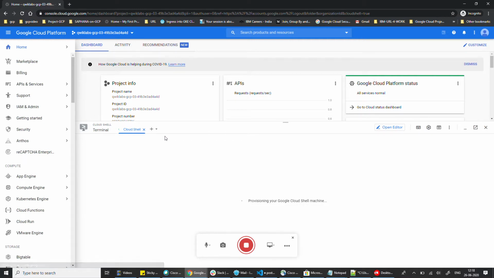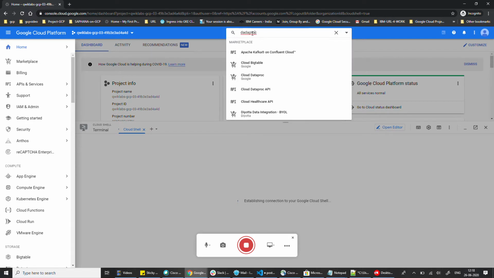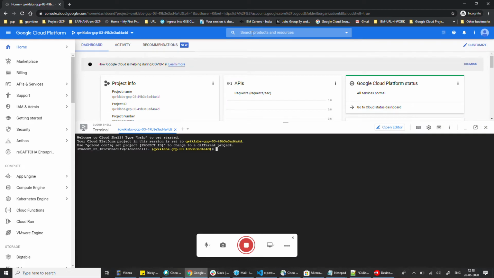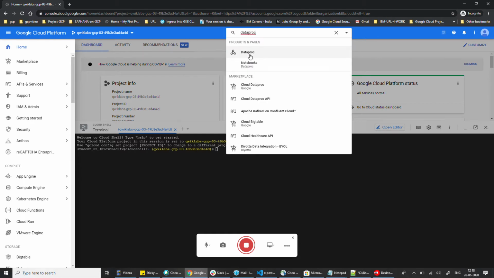So how can we get to Dataproc? There is a search bar, and we can search for Dataproc. You can click directly here, then you can come to the Dataproc resource.